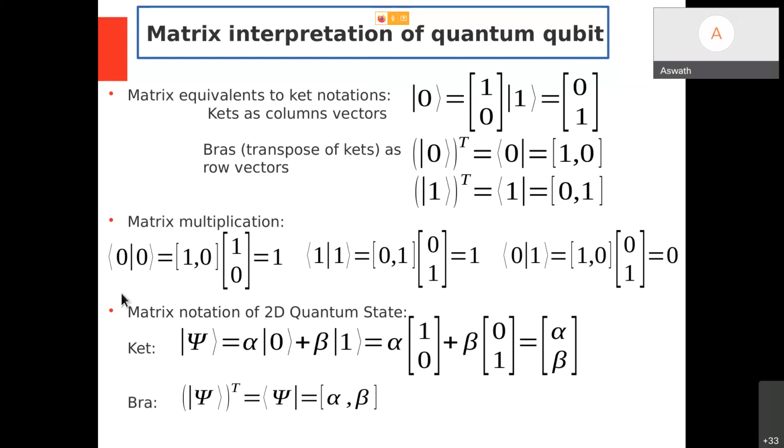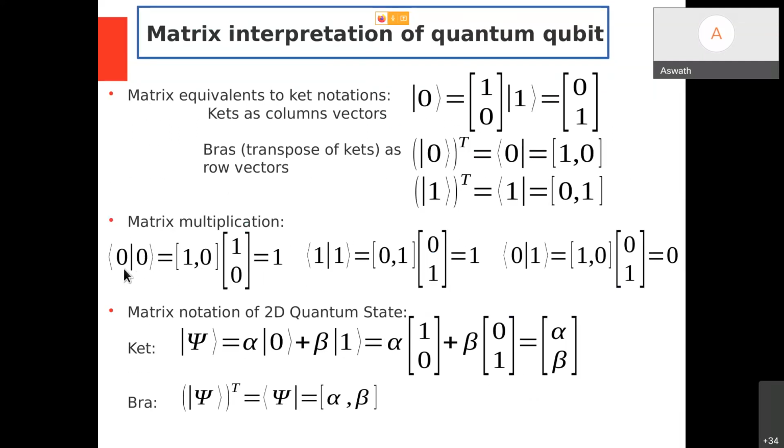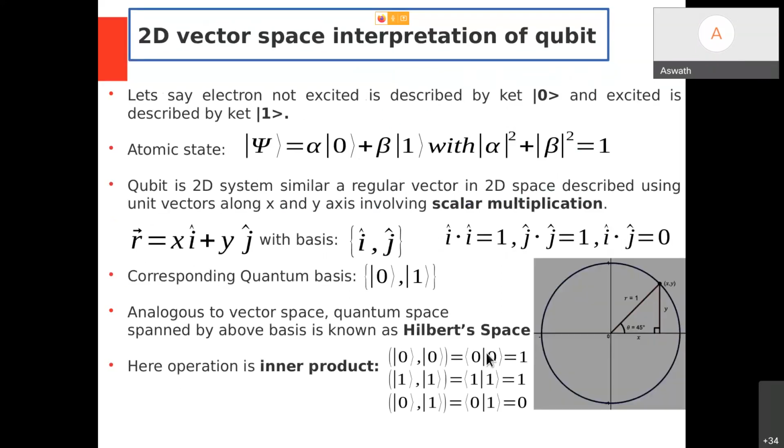So what is that proper order? In order to have a 0 ket multiplication with a 0 ket, I have to do the transpose of the left one, and then do it. Transpose of this one gives me a bra. So bra multiplied by ket is the multiplication we will see. A bra is a row and ket is a column. If I do the multiplication, I am getting 1. That's nice. So the first condition is satisfied. So there is a one-to-one correlation between this equation and this equation.